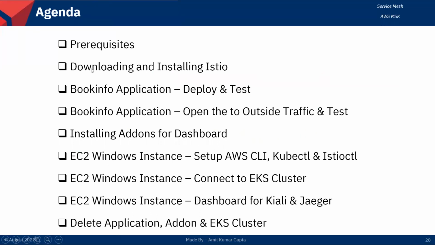After that, we will download and install Istio. And we will deploy the Bookinfo application and test it. And we will open the traffic to the outside and test it. And after that, we will install add-ons for the dashboards like Kiali, Jaeger, and